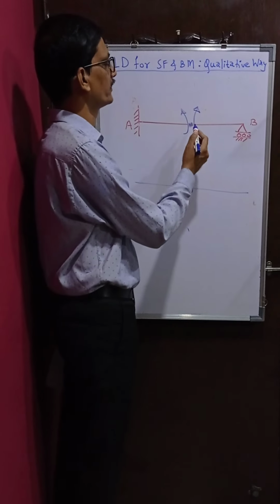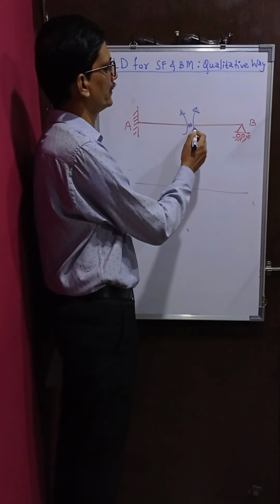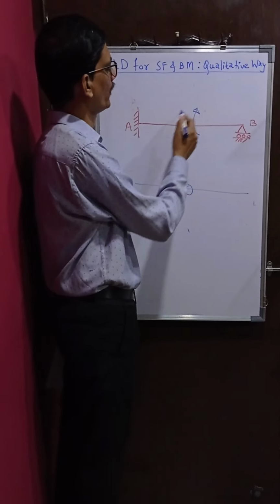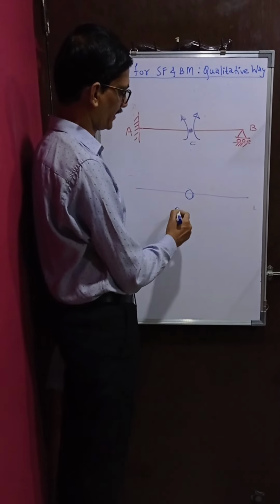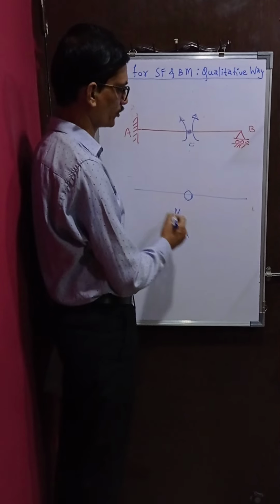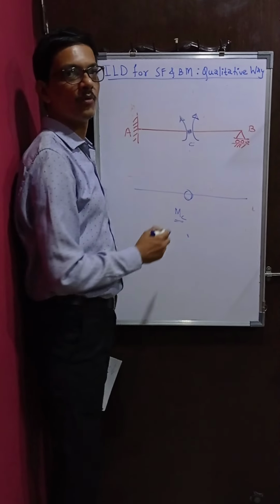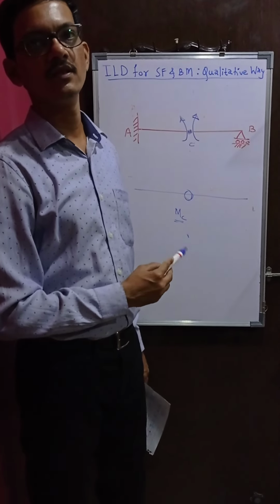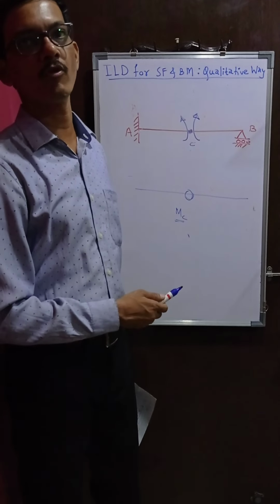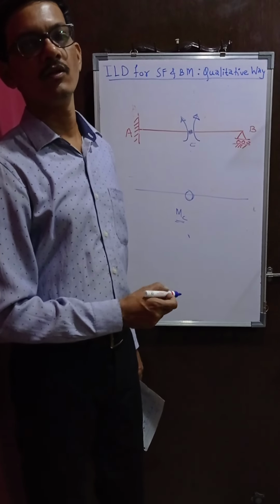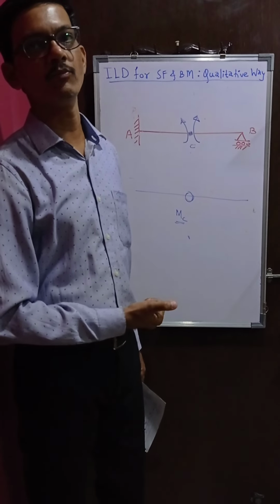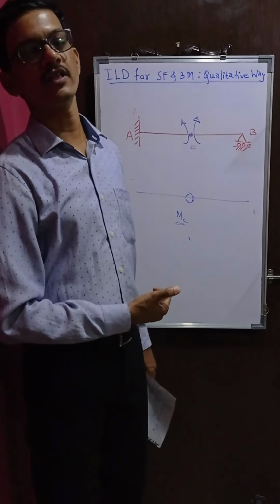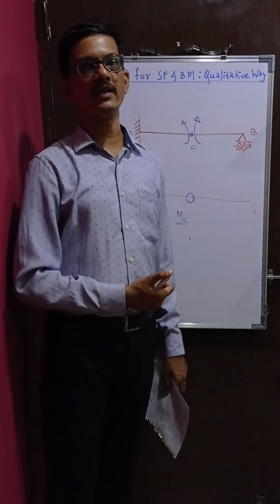What I want to tell here is, since this cannot go up, this also cannot go up, and therefore influence line diagram for bending moment at C will be 0. And that is obvious also, because we know that bending moment at an internal hinge is always 0. So this is how I wanted to demonstrate in a simple, qualitative way how to draw influence line diagram for bending moment at a section and shear force at a section within fraction of minutes.